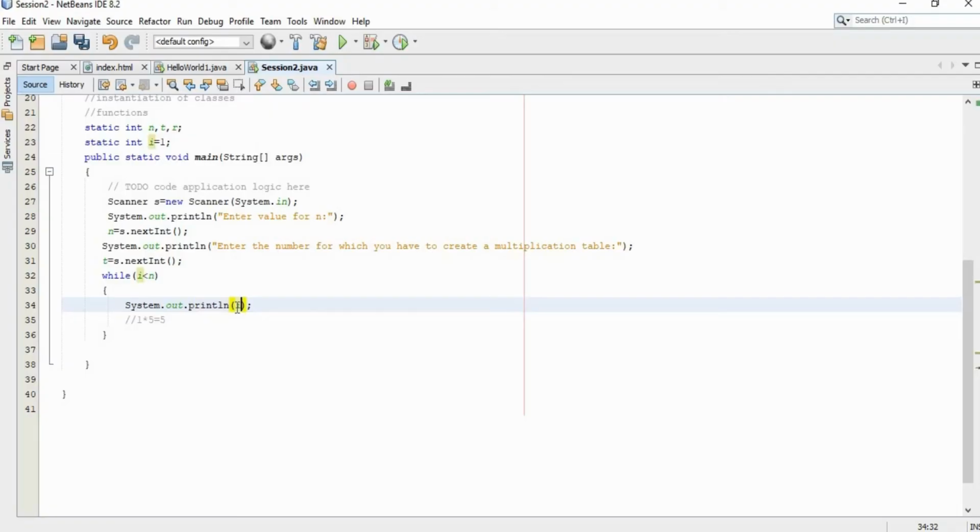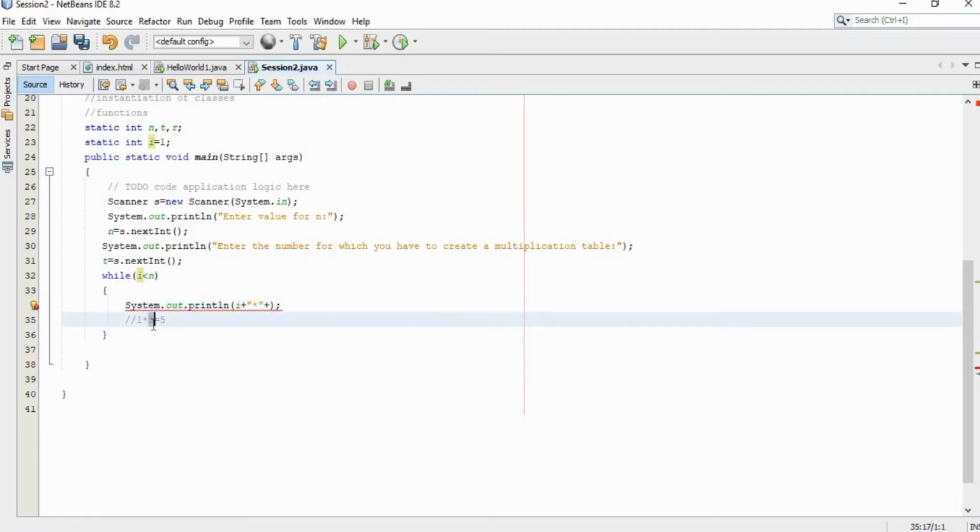After that I am going to print this particular character, the asterisk. In Java, to combine your variables and strings, we should use the plus operator, right? After that I am going to use the asterisk operator in double quotes. After that I am going to have the variable i. Our output should be 1 into 5.